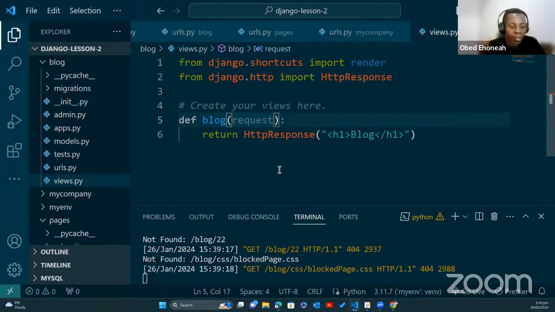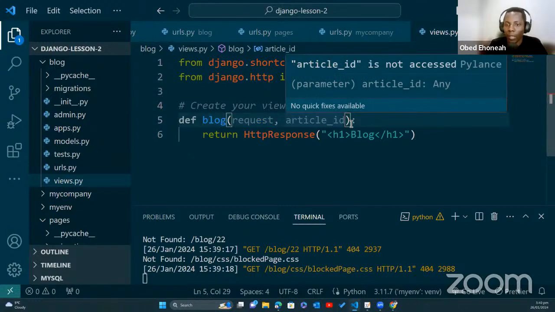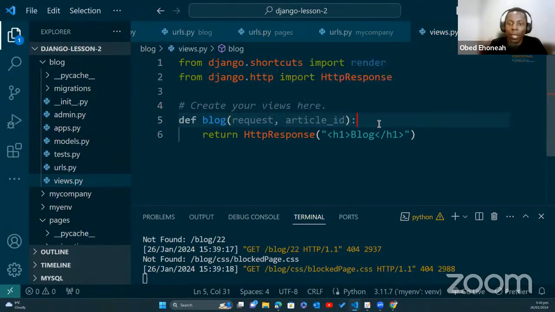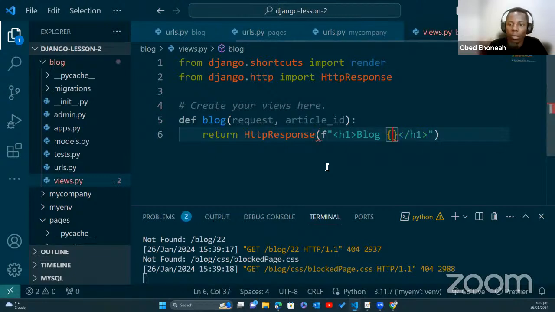So for now, let's say we want article ID as a URL parameter, article_id. And what we are going to do is, I hope you are aware of f-strings in Python, instead of just saying blog, we'll say blog, then we pass the